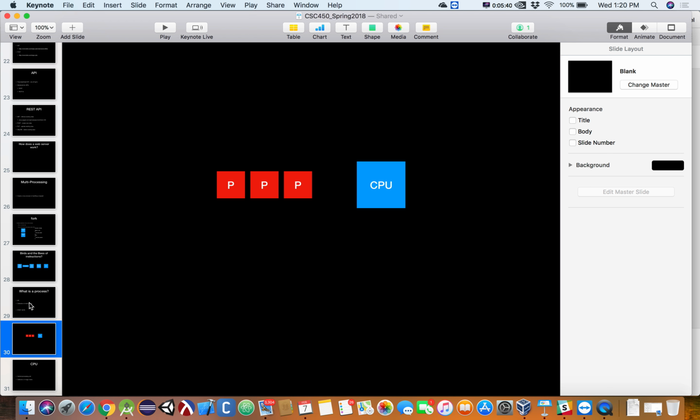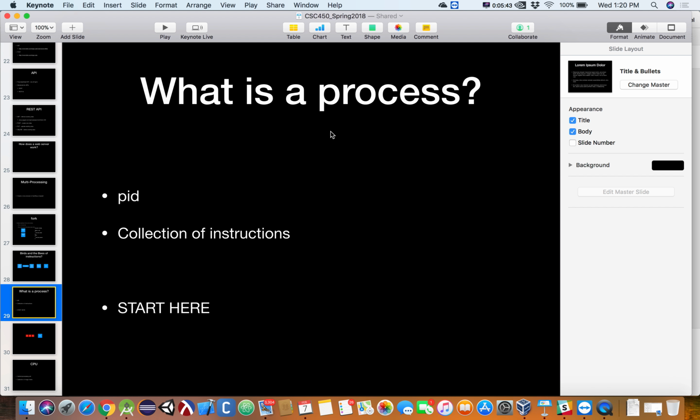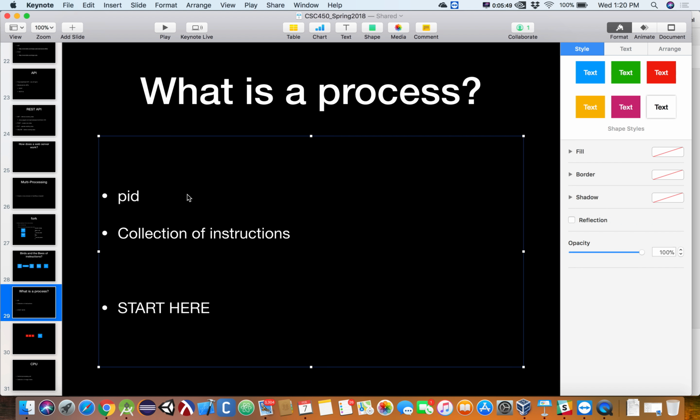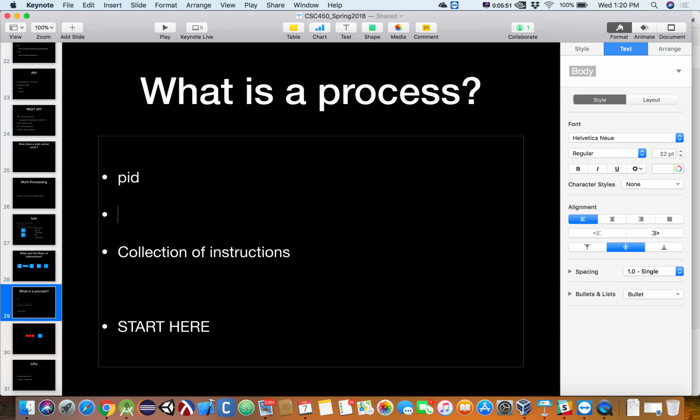Okay, so at the very least, now we're talking about that data structure for a process. At the very least, does a process need to remember what line it needs to pick back up on? Anybody remember what that's called from operating systems? Instruction pointer. So instruction pointer is the index of the next instruction to be dealt with by the CPU. All right, now